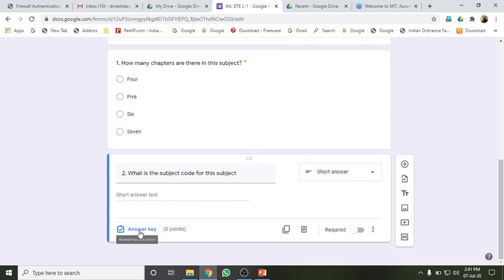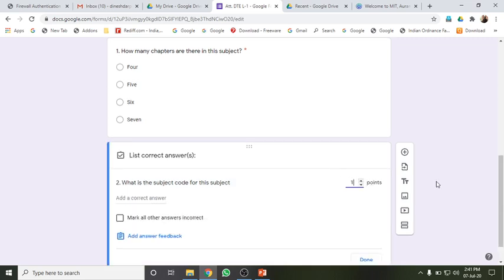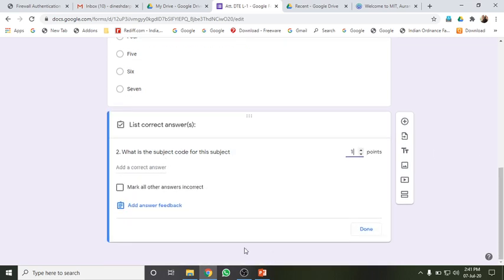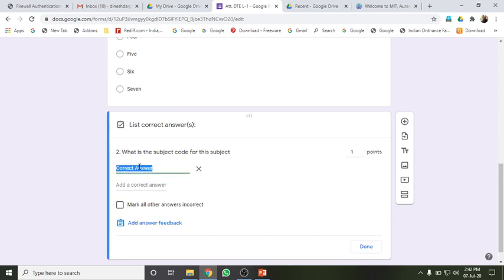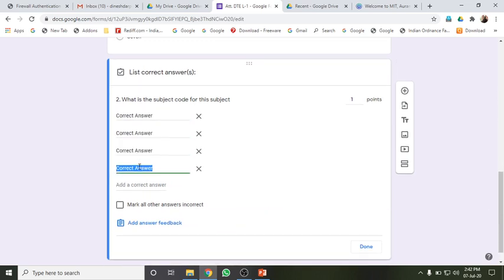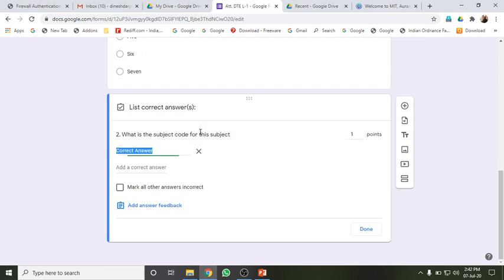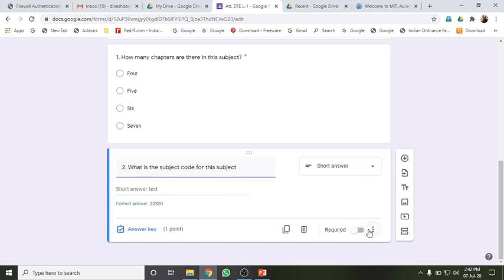Since this is a question, we can provide 1 mark or 1 point for the students. Now you can click here for the correct answer. You can write the correct answer here and mark all other answers as incorrect, because this is only the subject code for this subject. Then you can say Done.